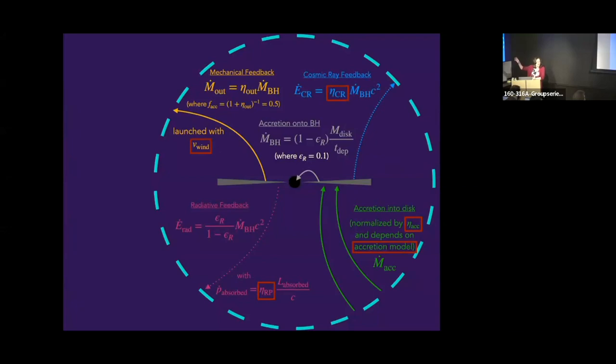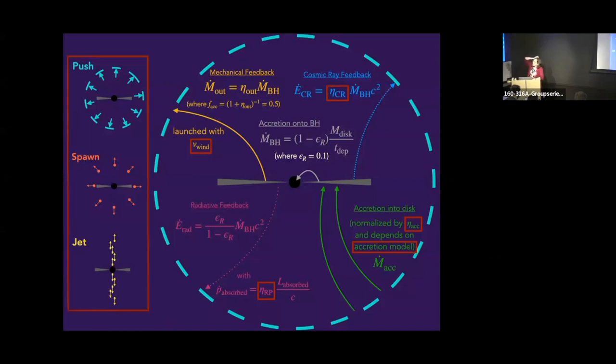And then on top of that, we have to choose exactly how we're going to put this mass and energy and momentum back into the simulation. Do we just put it into the surrounding resolution elements directly? Do we push them, kick them? Do we spawn new resolution elements and let them go off into the universe? And should it really be isotropic or should it be collimated? Because we know that AGN launched these highly collimated relativistic jets.